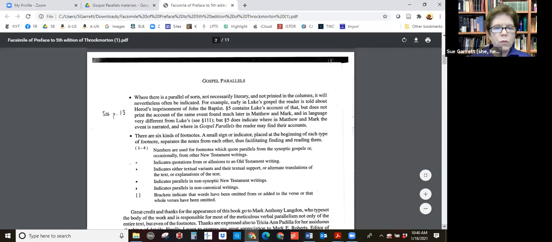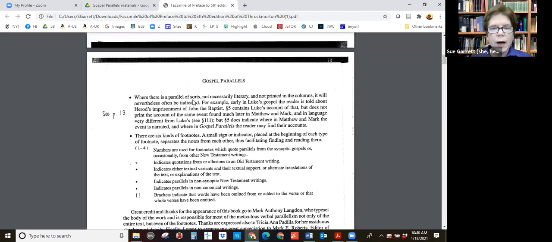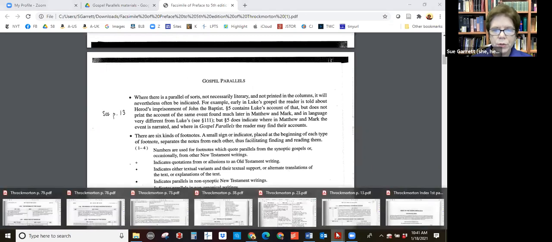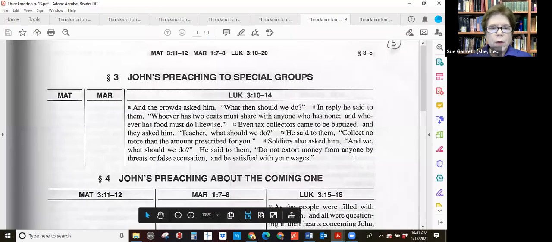When there is a parallel of sorts, not necessarily literary and not printed in the columns, it will nevertheless often be indicated. So it's a very imperfect parallel. Usually they want you to know it's there. It's kind of similar, but it's not exact. Okay, so he gives you an example here. I'm going to show you an example from page 13. Okay, so here, if we scroll down a bit,